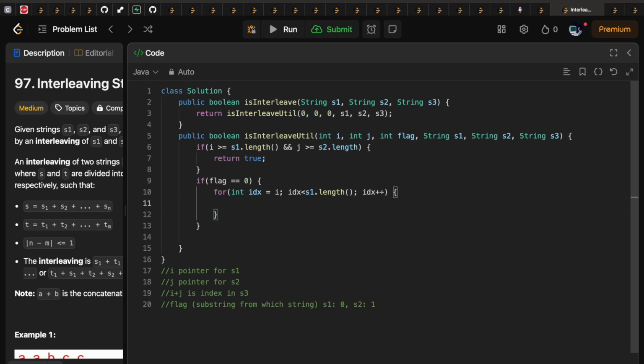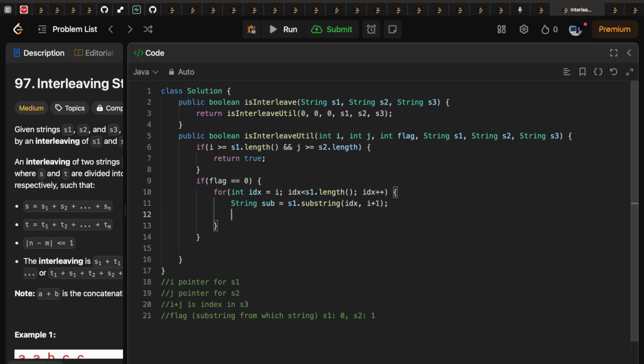So my substring will be s1.substring, starting from index I and ending at idx plus 1. Okay,